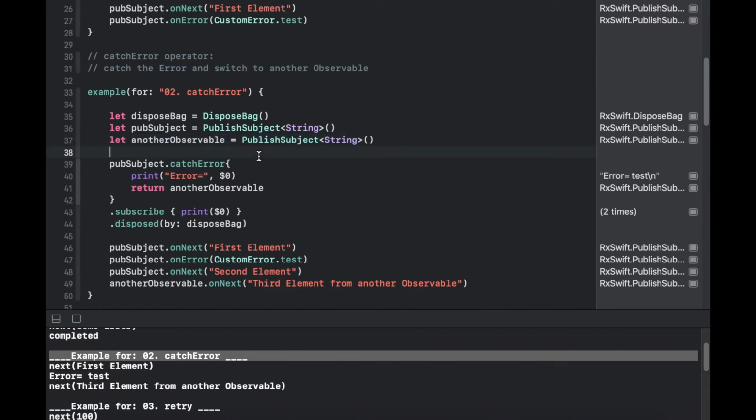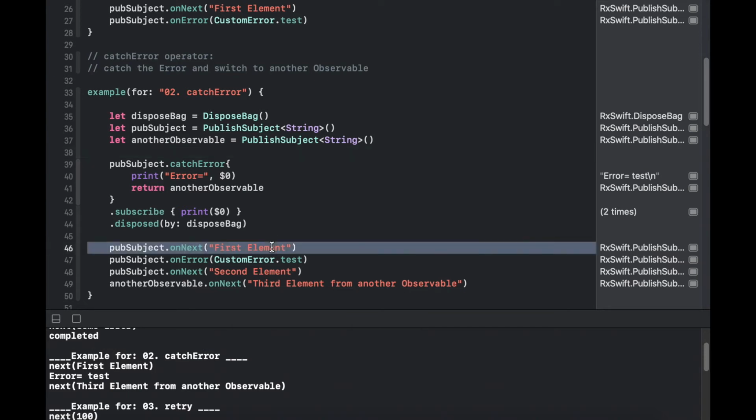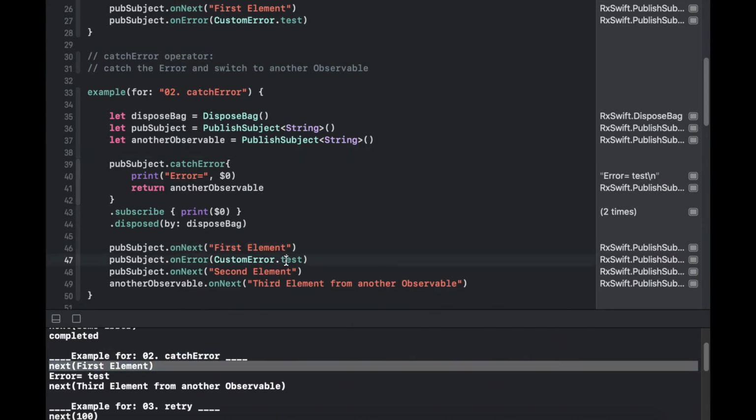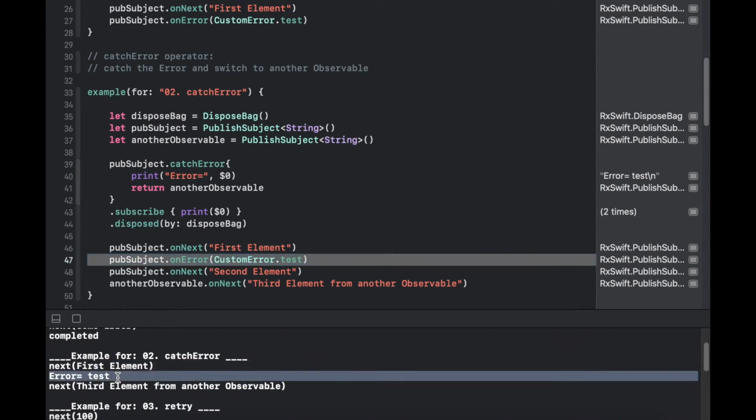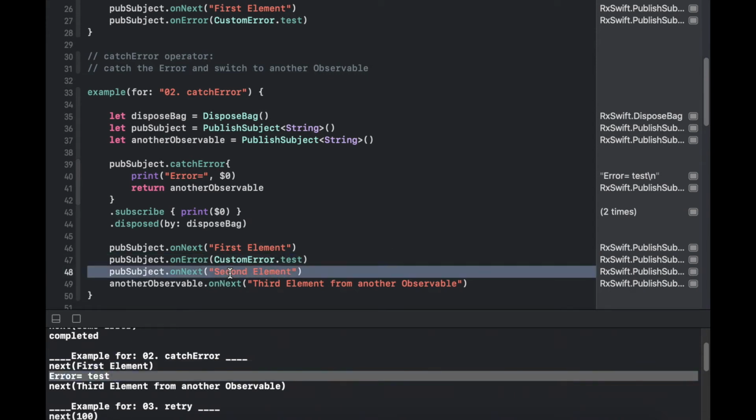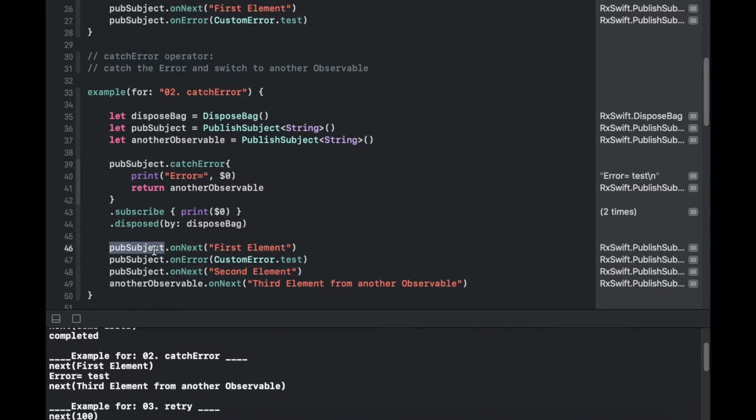Now move to the console for the result of that execution, where you can see that the first element gets emitted, after that the error occurs, and on line number 48, where we emit the second element on the first PublishSubject, that is not getting printed. That means this PublishSubject has been terminated.